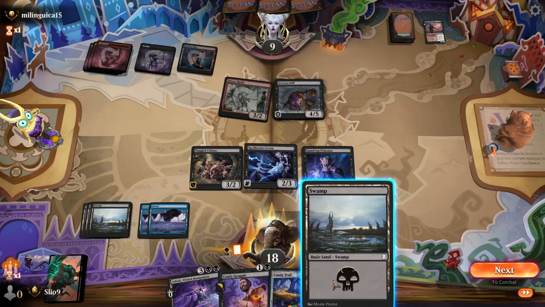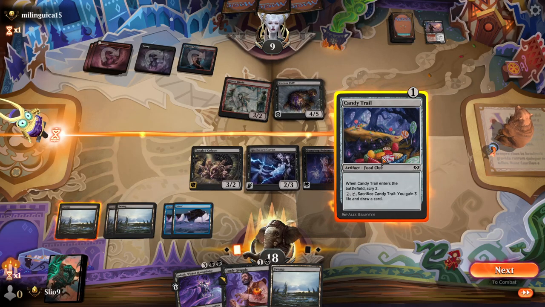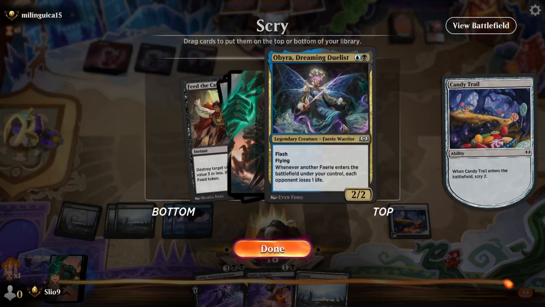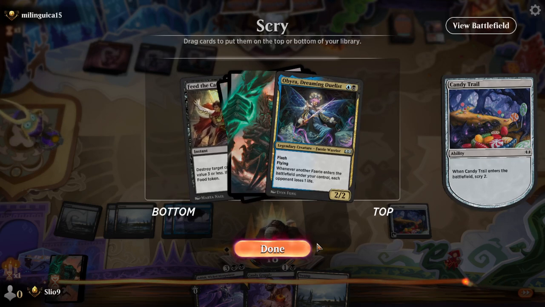huge problems. That's usually a pretty good place for you to have your opponent at. Yeah. We also get a scry, too, with this. I'll take that. That's pretty good. Take the flyer off that one, thanks. The Cauldron's fine and all that, but,